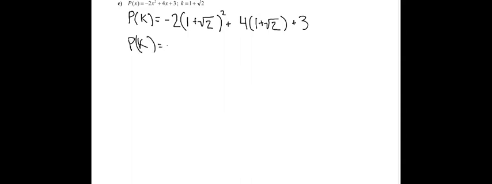So this is negative 2, and then in here, because there was an x, you write 1 plus root 2, close the bracket, and then that's squared, plus 4, and then again there was an x, so we substitute 1 plus root 2, close the bracket, and then the plus 3. So then if we come down to the next line here, P of k is,